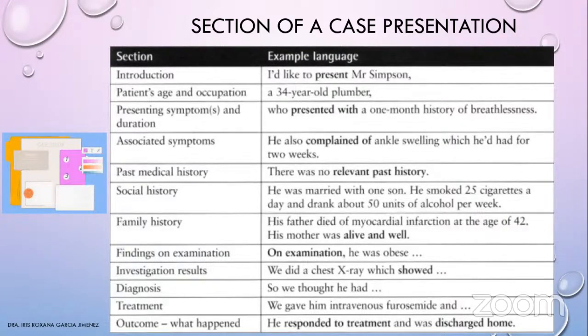Findings on examination. We can say, on examination, he was obese. And then you go ahead. Investigation results, I mean laboratory tests, X-rays, ultrasound, CT scan, MRI. That's the order of showing the results. In this case, we did a chest X-ray, which showed